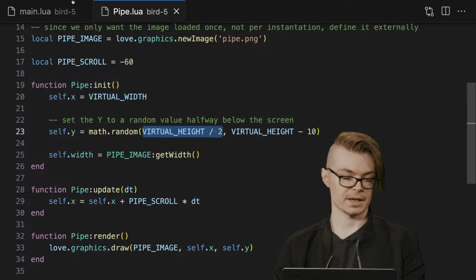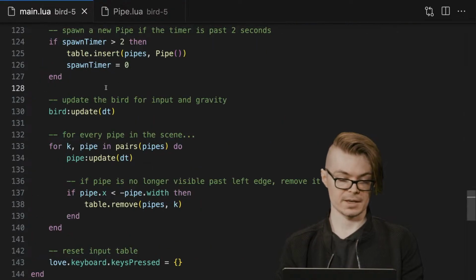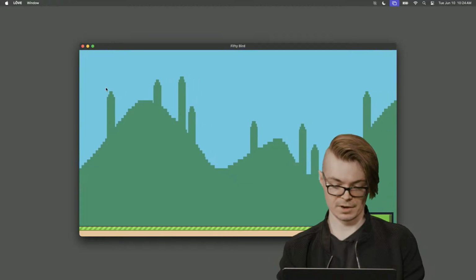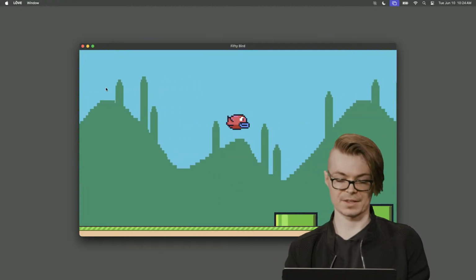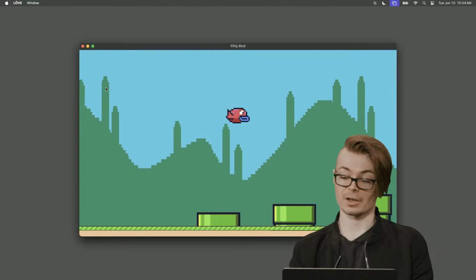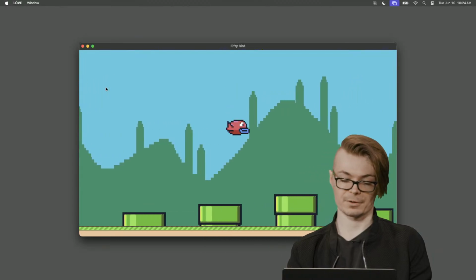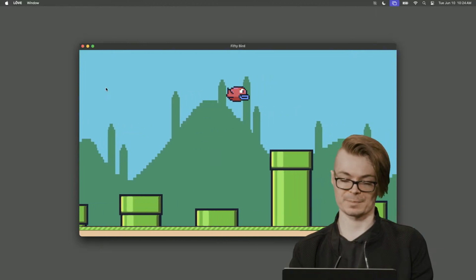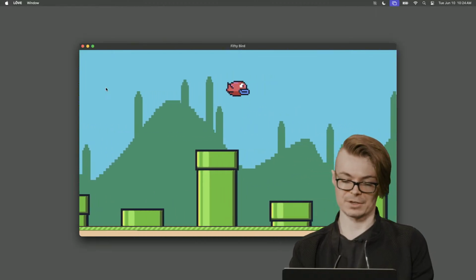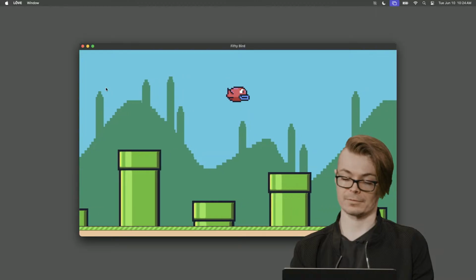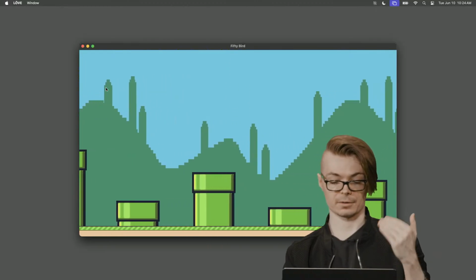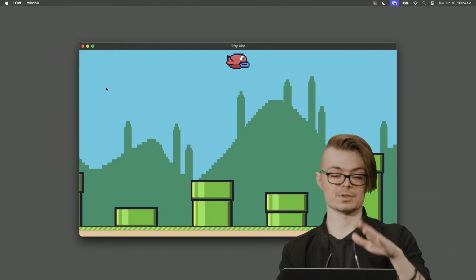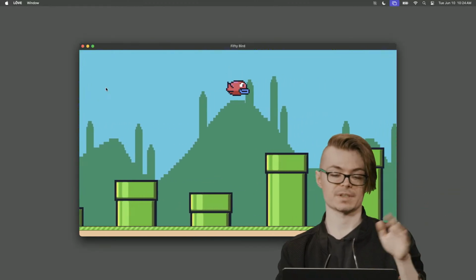So that was a long explanation. Let me go ahead and just run this example so we can see it. And I can even, I think, press spacebar. Can I? Barely. You'll see that these couple are a little bit low, but they all are random. So we have some that are just spawning even slightly off screen there. You got one that's actually almost made it halfway. But you can see on the right edge of the screen, they're spawning. And then every frame, that scroll speed, which is negative 60, so about 60 pixels per second, they're just moving